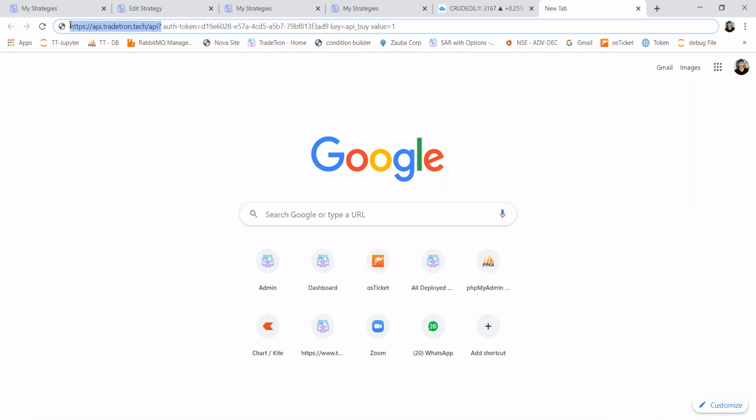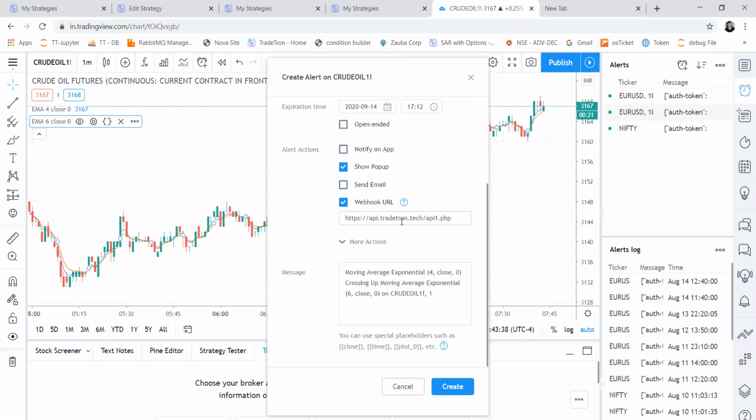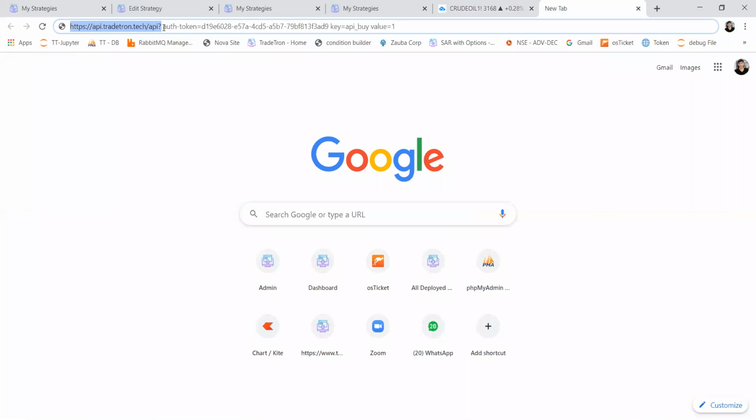You can just copy this link, the same link which I copied from my strategies page, and in the message it has to be a JSON. So you have to use curly brackets for that. Just open and close a curly bracket. Put your token number there.